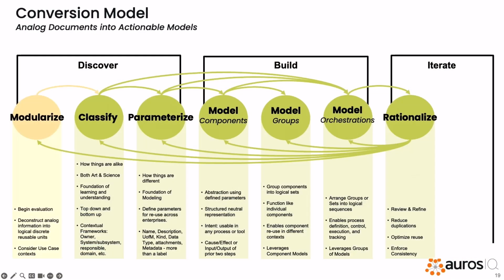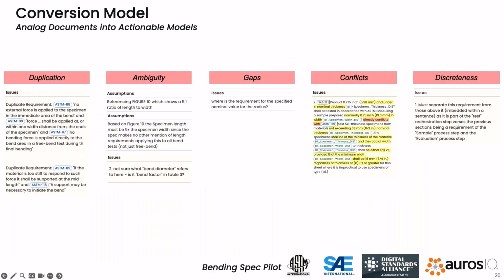All right, now we're into the fun stuff, rationalize. So I'm going to share some examples from the Digital Standards Alliance pilot that we've done, and Darwin's going to share a couple of examples that he experienced in the process of doing torque and heat treat. But this is really where you start to tease out problems that have been there all along, but you really don't see them until you start modeling things discretely. When they're in free-form text, and that's interpretable, it's really hard to see these things. And as soon as you drop it into a model, it becomes really obvious.